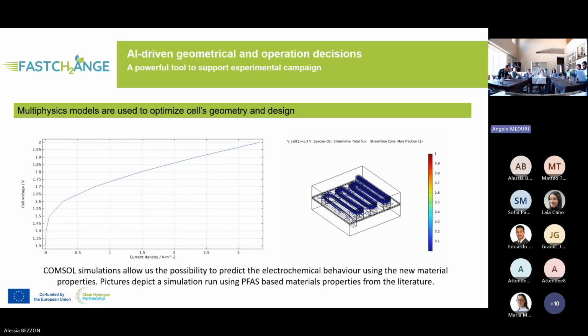And also with this model, we were able to simulate the fluid dynamics of the anode, trying to predict the formation of oxygen during the operational conditions. So all this data is being parameterized and will be used to also fit two AI-based tools that will be used to show that